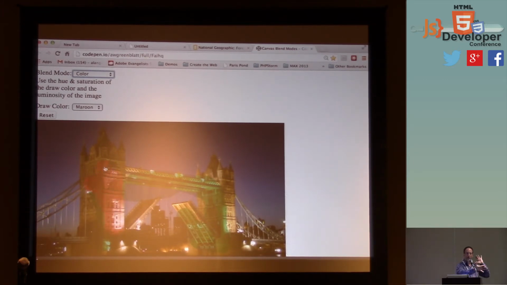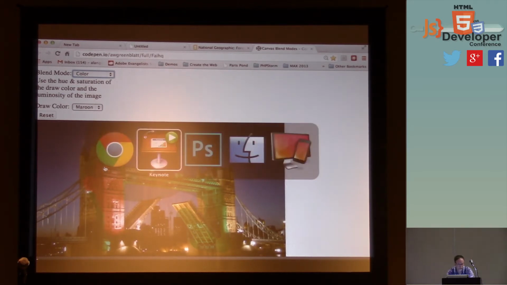And so now I'm coloring with red, but I'm blending using the color operation just like I did in Photoshop, but doing it now in a web page. Coming back to what I was saying at the beginning, I'm not saying how to use that, but there's a lot of great possibilities, a lot of great use cases